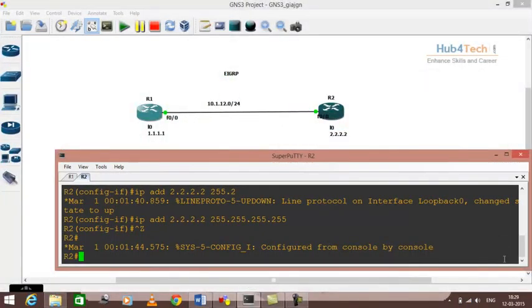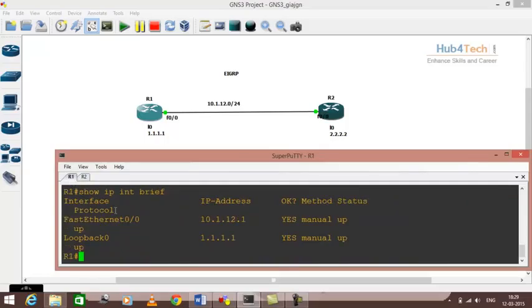Good morning friends. In this class I'm going to configure EIGRP between two routers, router 1 and router 2. We have already assigned a subnet 10.1.12.0 between router 1 and 2, and I have created loopback 0 on both the routers. The IP address of loopback 0 on R1 is 1.1.1.1 and the IP address of loopback 0 on router 2 is 2.2.2.2. You can check this with the command show IP interface brief